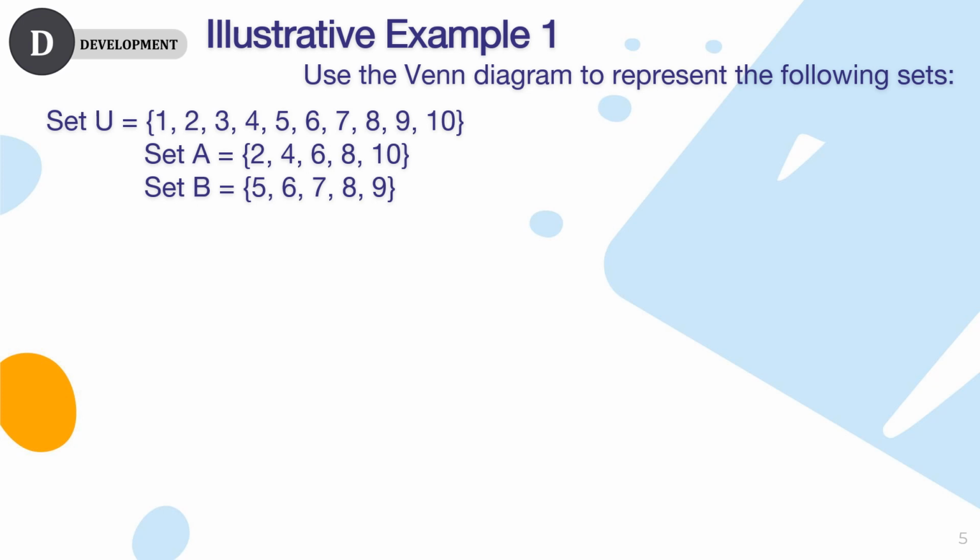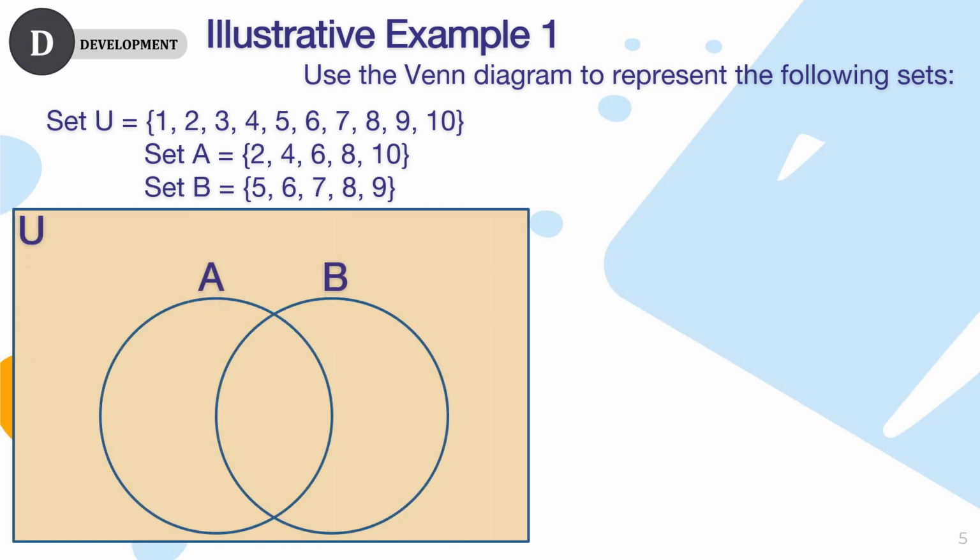Now let us have an illustrative example. Let us draw a Venn diagram, a box, and two overlapping circles to be labeled as U, A, and B based on the given. Given the universal set U with elements 1, 2, 3, 4, 5, 6, 7, 8, 9, and 10, and the subsets set A with elements 2, 4, 6, 8, and 10, set B with elements 5, 6, 7, 8, and 9,